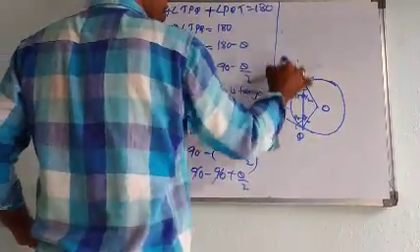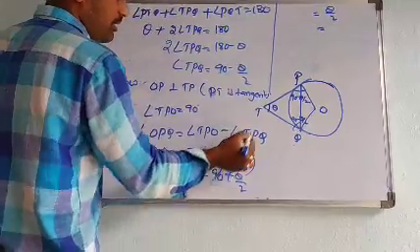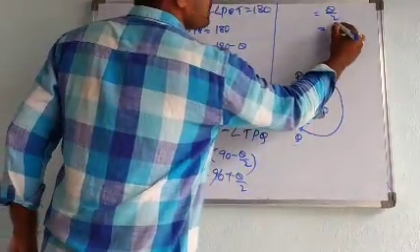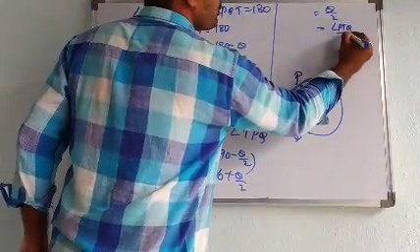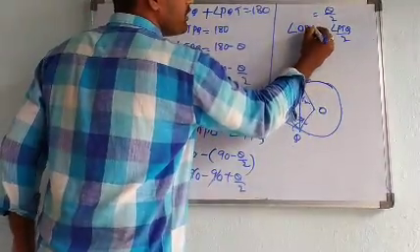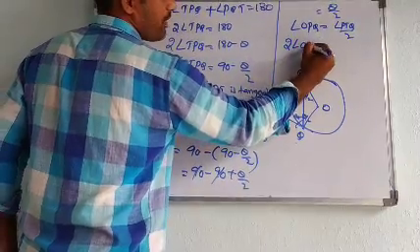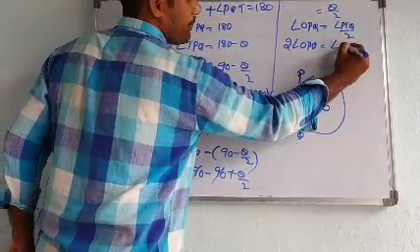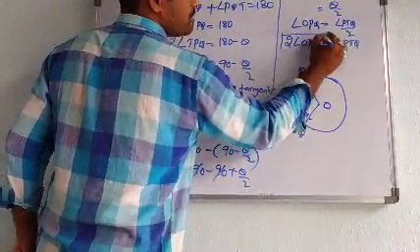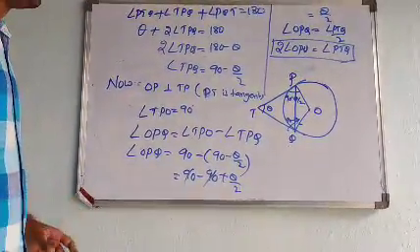So let me write here, angle OPQ is equal to theta by 2. Already I considered theta, which is nothing but angle PTQ. So angle OPQ is equal to angle PTQ by 2. If I transpose division by 2 to this side, it will become multiplication. So 2 times angle OPQ is equal to angle PTQ. So this is the proof that we needed to do.